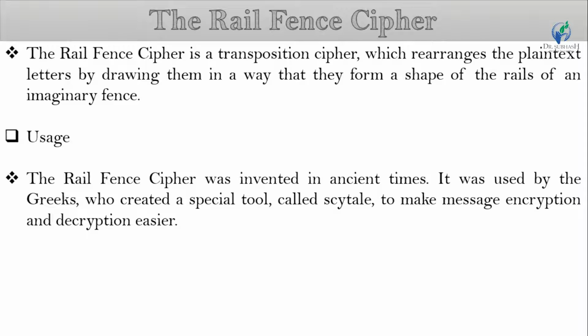Currently, it is usually used with a piece of paper. The letters are arranged in a way which is similar to the shape of the top edge of the rail fence. Now I explain the algorithm of the rail fence cipher.